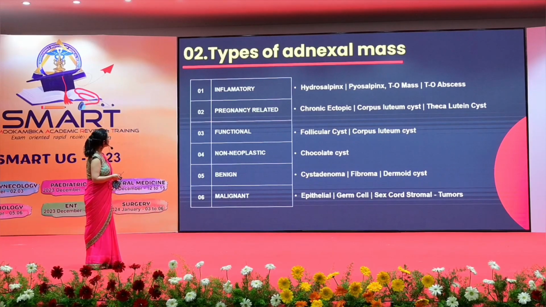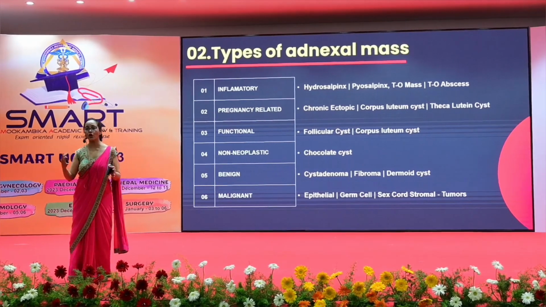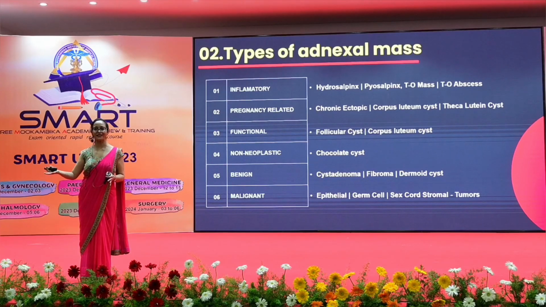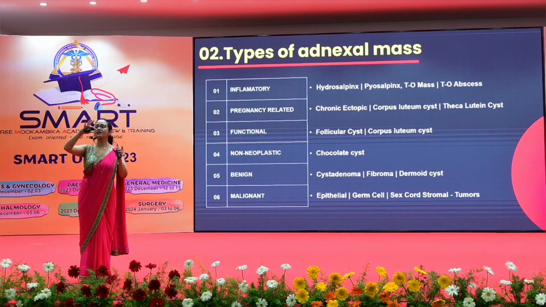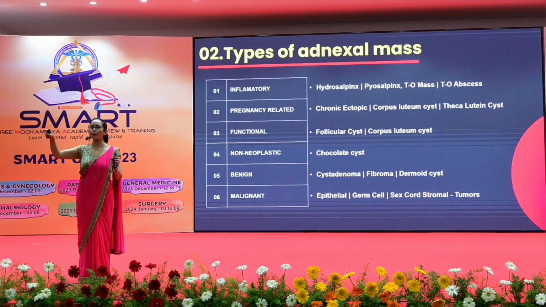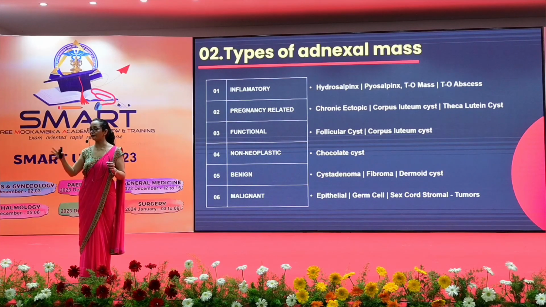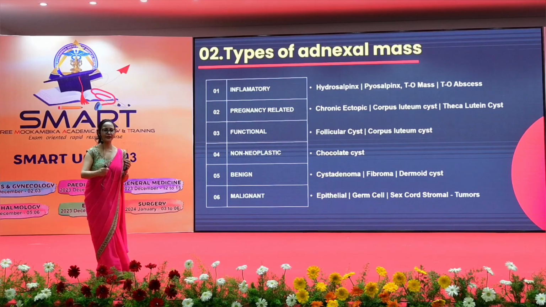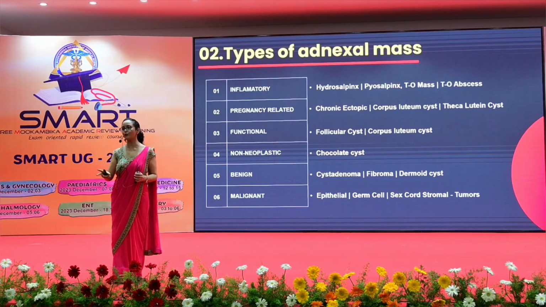Now, when we talk about inflammatory mass, inflammatory means infection. And what is the infection of the pelvis, pelvic organs, genital tract called? PID. We are going to study that in another lecture. With infection, nothing can stay in the tube because it is open from both ends. But by chance, because of this inflammation, adhesions occur at both ends. It gets filled with pus first, because macrophages are very fast and are trying to attack the bacteria. So first it is filled with turbid fluid, which is pus.